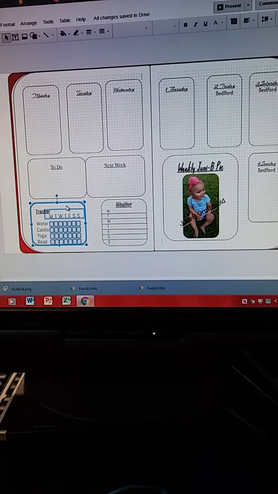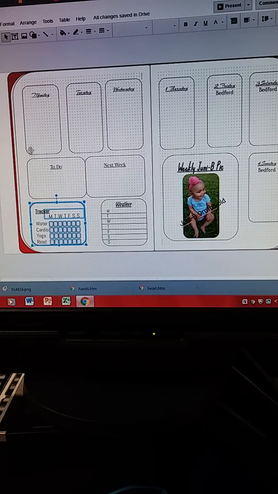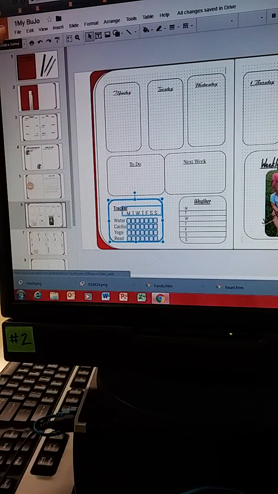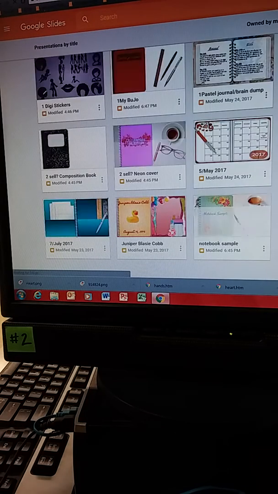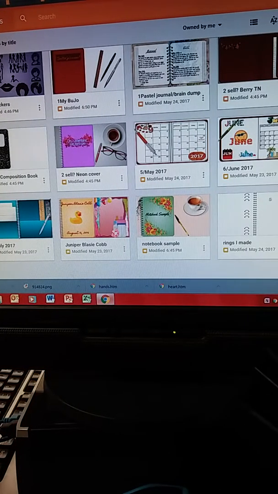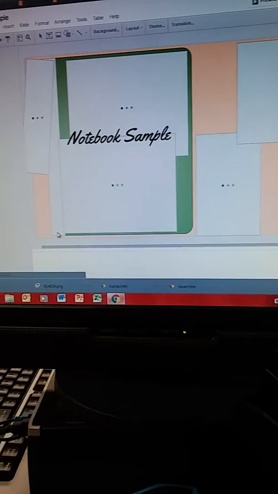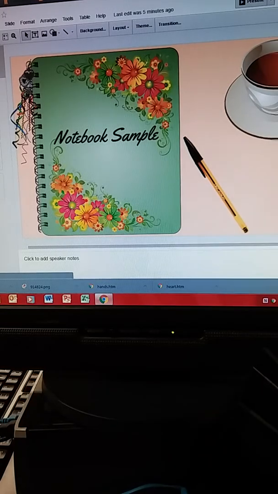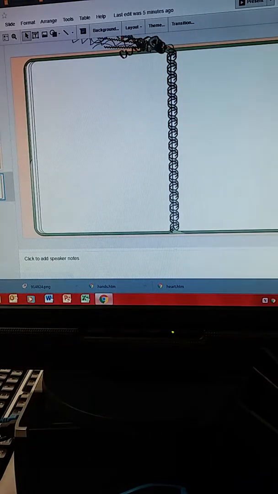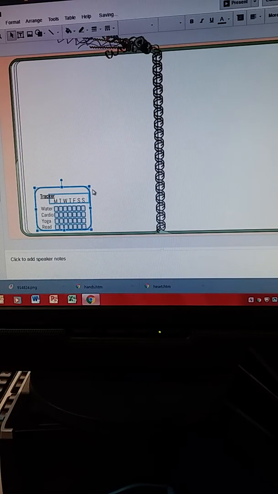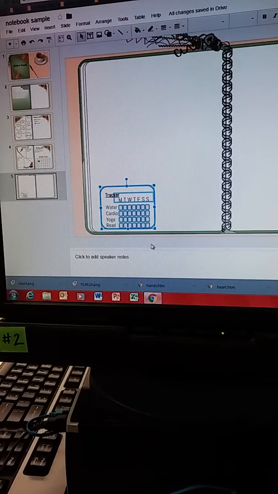I can Control C, copy it, and then I'm going to go up here to my blue thing where it says slides home. I mean my orange thing where it says slides home. Okay, I'm going to open up the notebook that we just made down here. Okay, takes a little while, pops up, there it is. I'll go to the blank page we had left, I'll click on it, and I'll do Control V for paste, and there it is. It pastes right back to the same spot it was in,